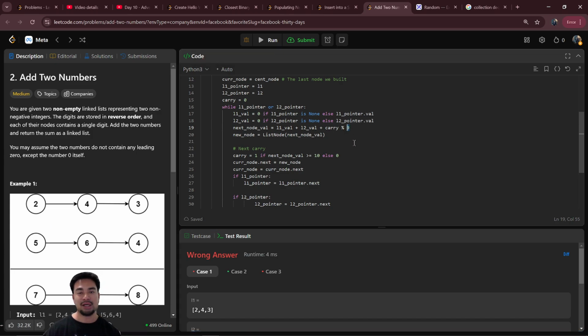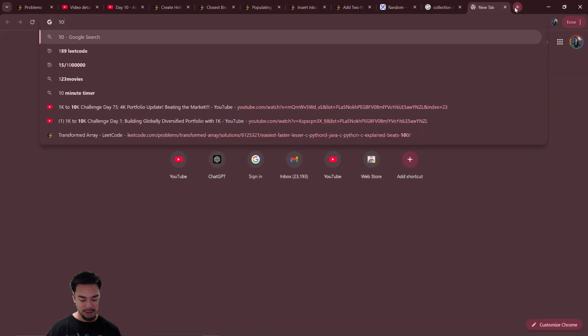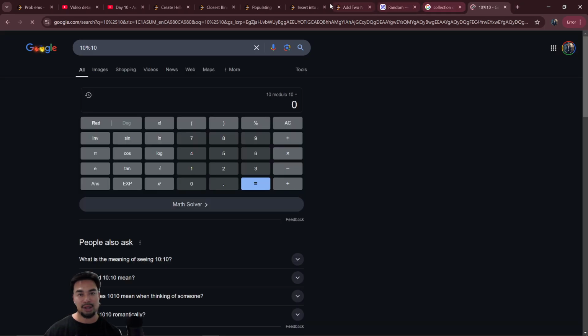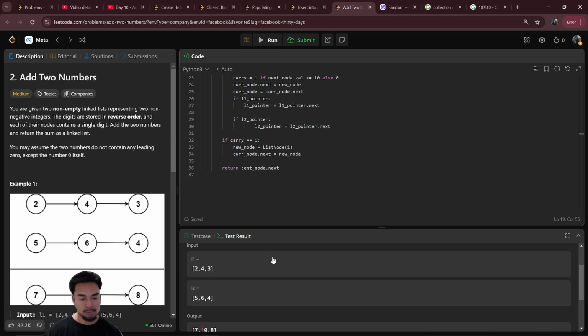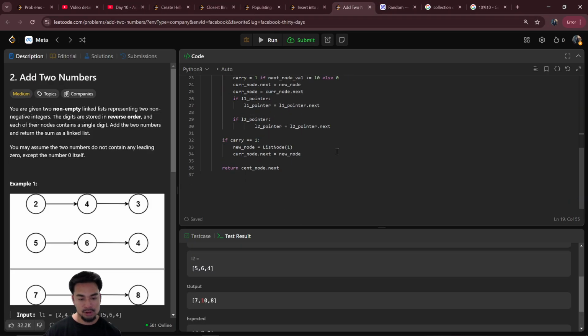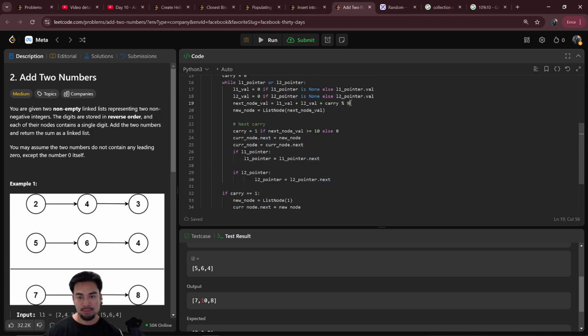No, 10 mod 10. What's 10 mod 10? Is that equal to 0? Should be. Okay. 10 mod 10 next node val, or let's calculate the carry here, or let's do